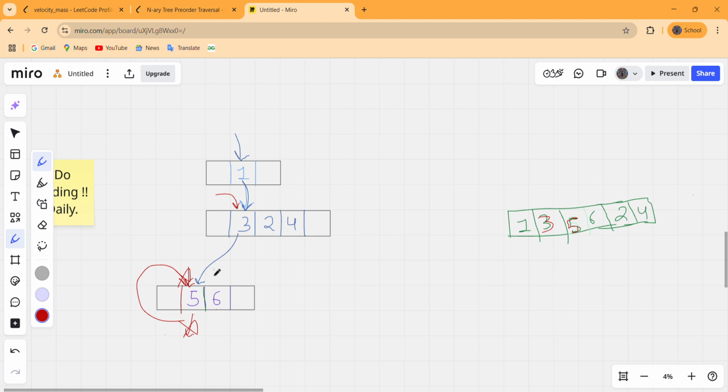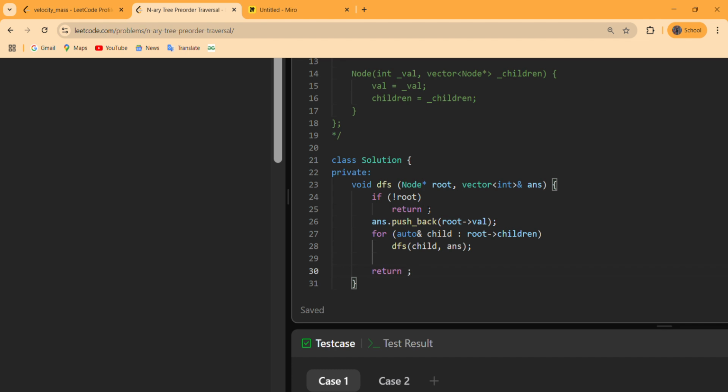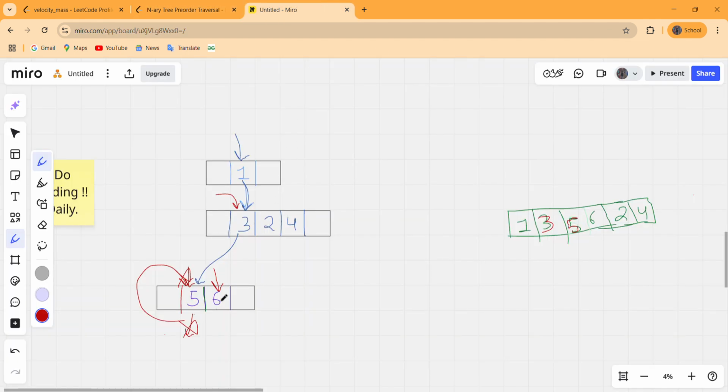So the counter goes to this 6, and then this will again check if it is null or not. No, it is not null. This time there is a node, and then we have to push that inside our answer.